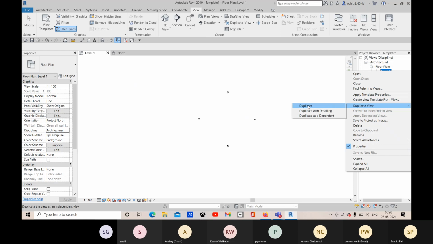Okay, so I have three options: duplicate, duplicate with detailing, duplicate as dependent. If you go with duplicate, it will duplicate all the model elements. If you go with duplicate with detailing, it will duplicate the model elements and annotation elements.